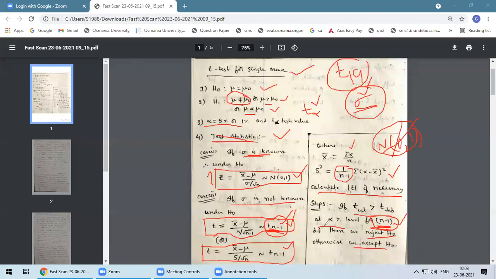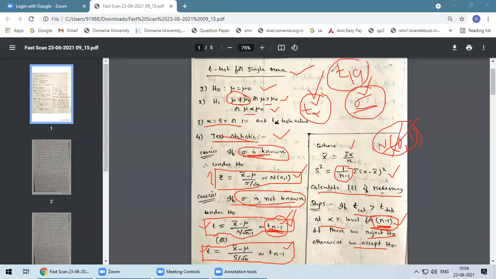So when do you use this large sample formula? Whenever sigma is given in the problem, you can use it. Whenever sigma is not given, you can use any formula based on the information. The remaining steps are the same. The only difference is that t alpha is the table value. This you have to identify. I will tell you how to identify this value. Is it clear? Can we start the problems now?